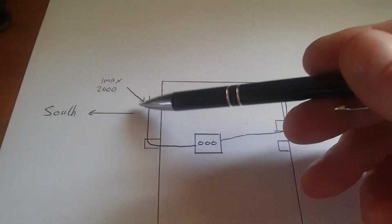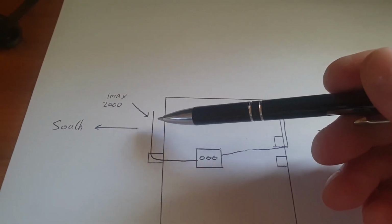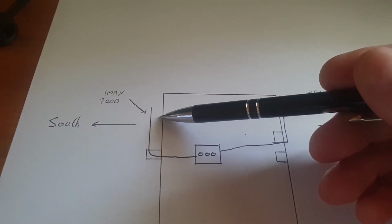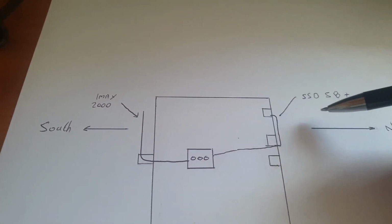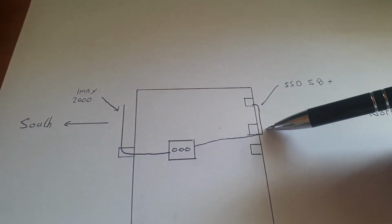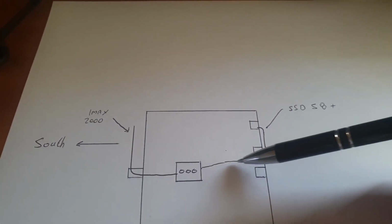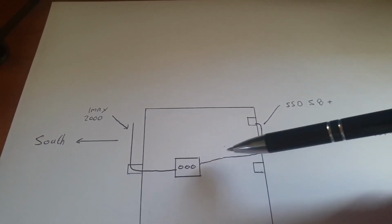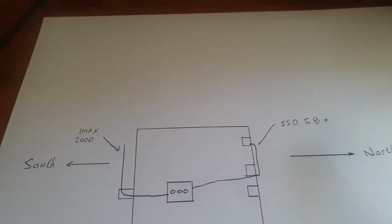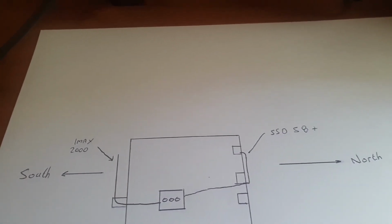So I've got two antennas, one on each side of the building. Imax is my main antenna, that's used for transmit and receive, and the CH33 as you've just seen outside, it's just used as a receive really, which would go into the sort of phase antenna. Now it doesn't really work as a QRM eliminator, but what we'll do, we'll go on to channel 33